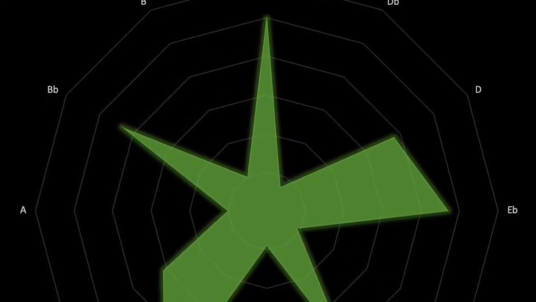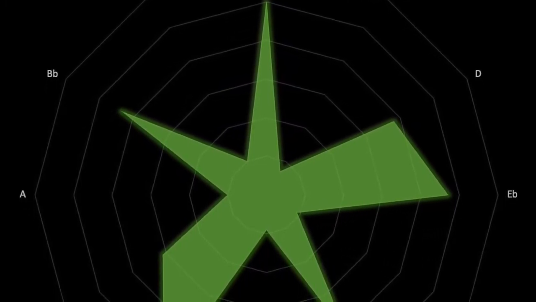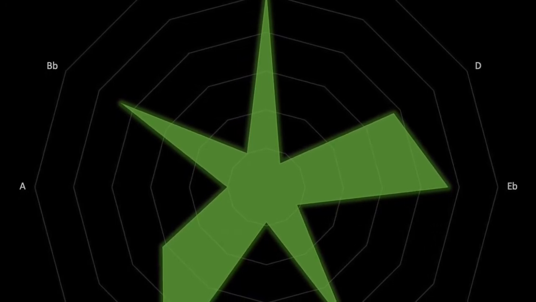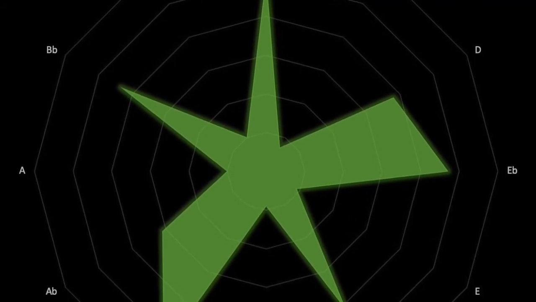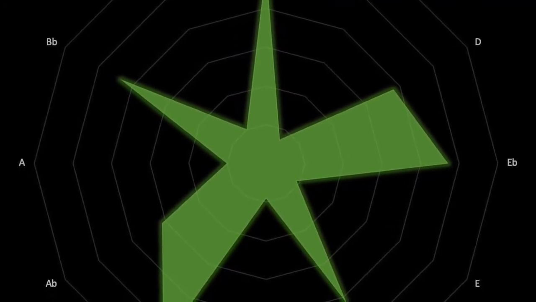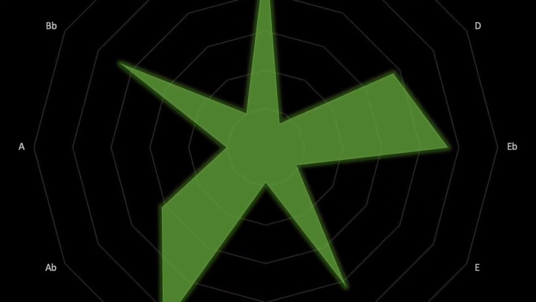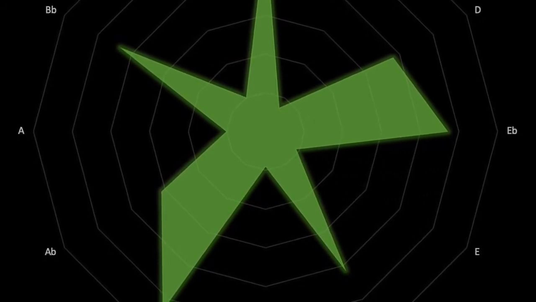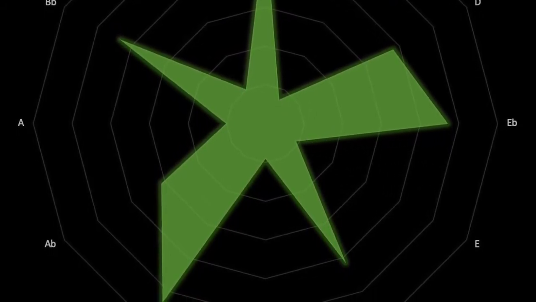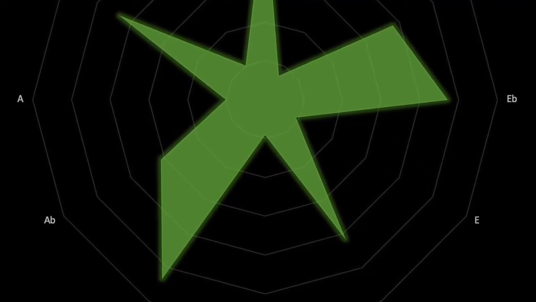In between C and E flat, we have the note D flat, and there are very few of those in this piece, so that point is close to the center of this star. We have quite a few Ds. That's the second note of the scale, or the supertonic, as we would call it. And then the E flat, as we just said, we have a lot of those, so that arm is sticking out sharply in the star. E natural, there's very few of those.